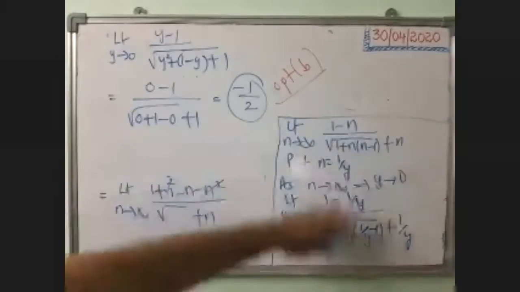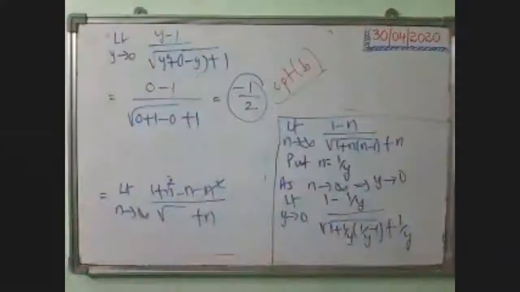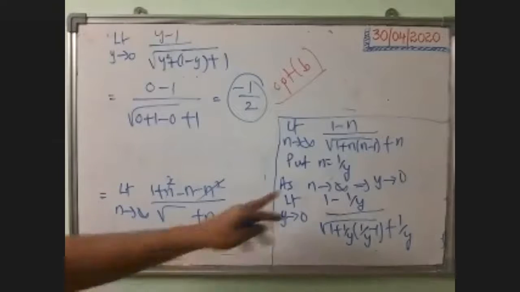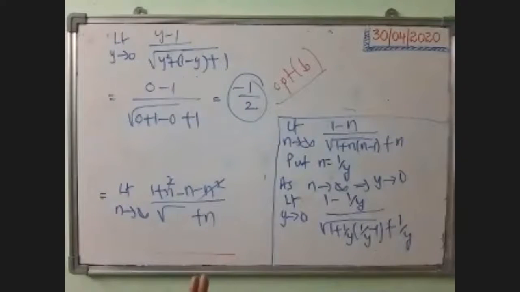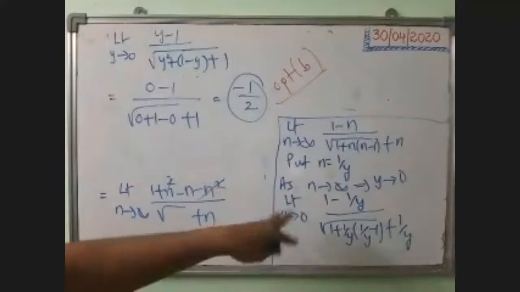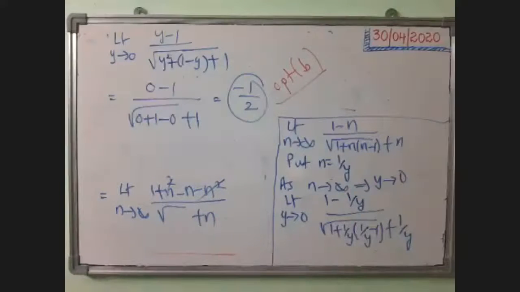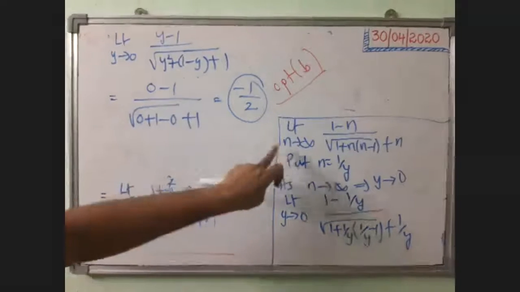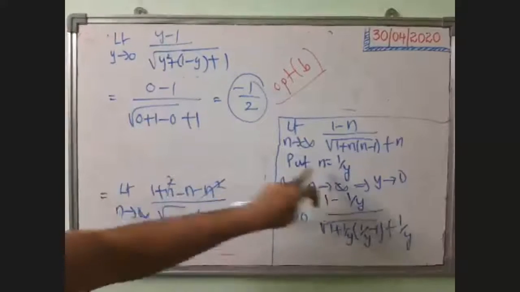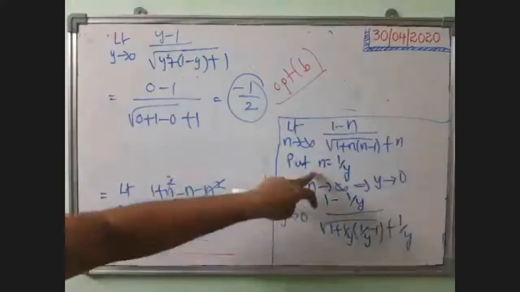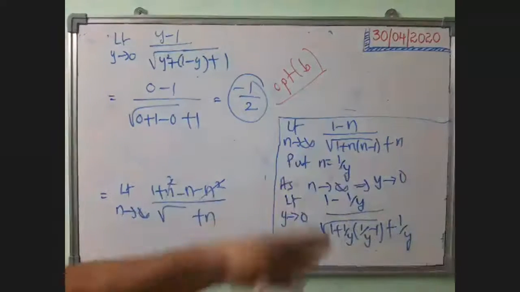This is the problem from limits, the infinite limit concept. And this is the procedure which I have told you earlier when I was explaining the theoretical concepts, how to solve the infinite limits. But in the textbook, it's not given like this. They give some lengthy methods, which is okay for your PU and NCERT exams. But for objective exams, you have to learn this. If n tends to infinity, you put n equal to 1 by y. If n tends to minus infinity, then you put n equal to minus 1 by y, and the same procedure.